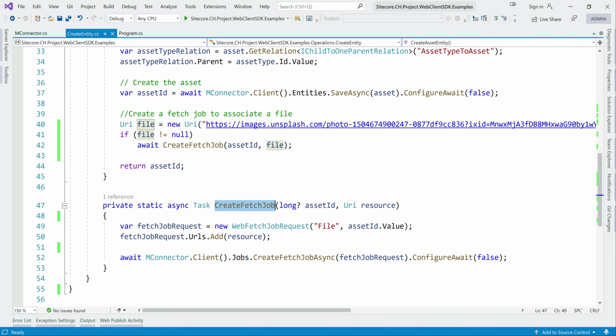Create fetch job does only one piece of work, a web fetch job request. We need to pass mainly the asset ID value. Then we add the URL, which is a resource URI. Then we call create fetch job async. This creates a fetch job, which goes and reads the image, retrieves it, and processes it. So that's the whole thing.